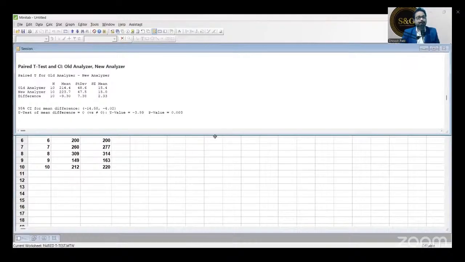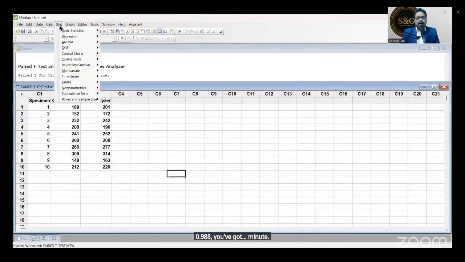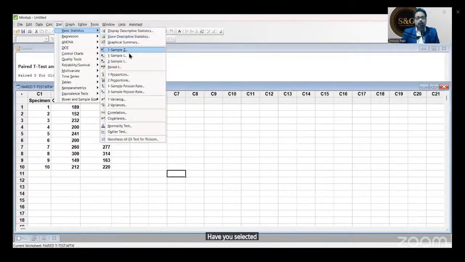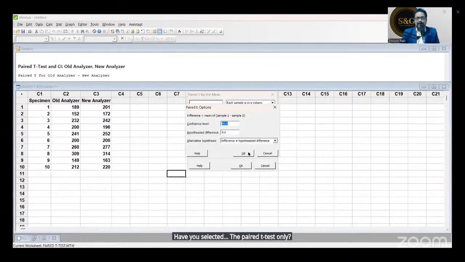Clear? You've got 0.988. This is the same sample. Have you selected the paired t-test only? Go to Options. What have you selected?